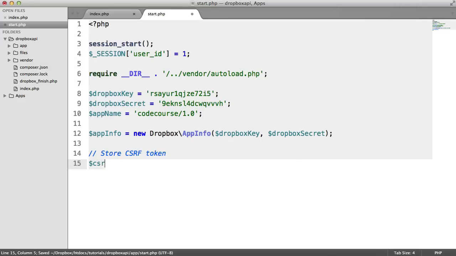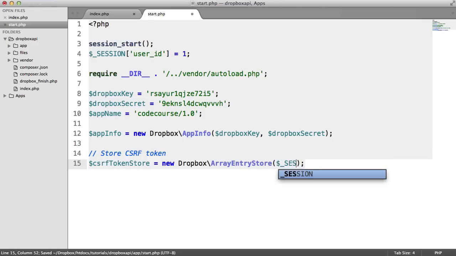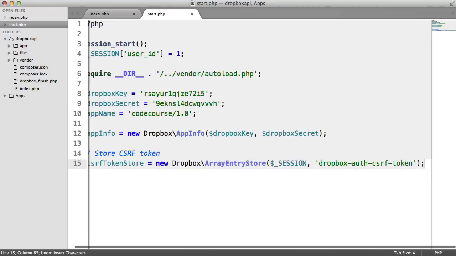I'm going to call this the cross-site request forgery token store, and that's going to be a new Dropbox array entry store. This takes where you're storing this, and then the type of token you're accessing. In this case, it's Dropbox auth cross-site request forgery token,